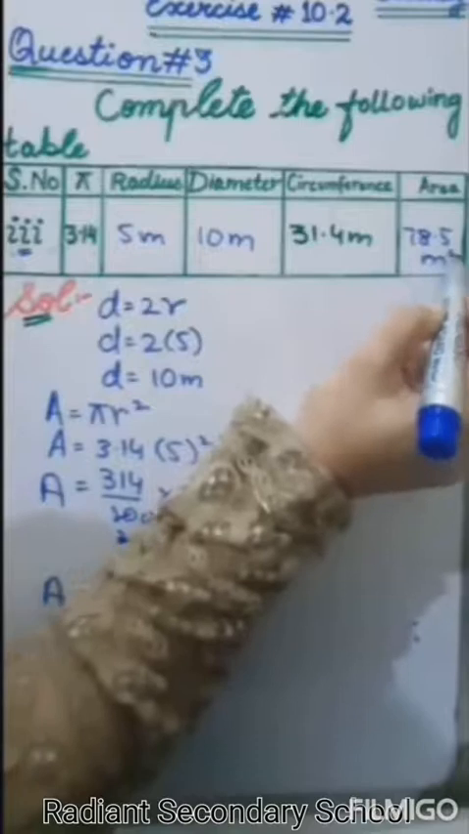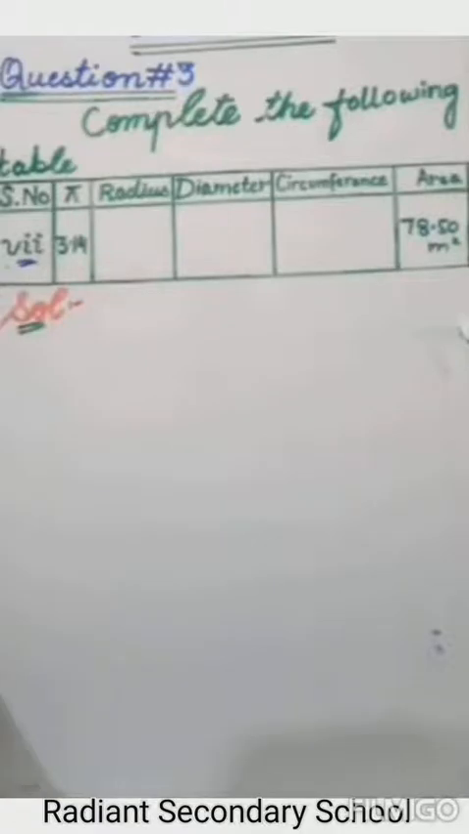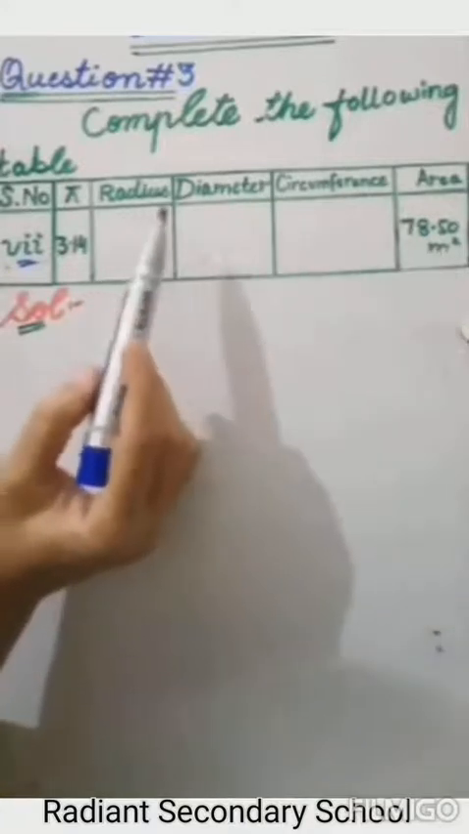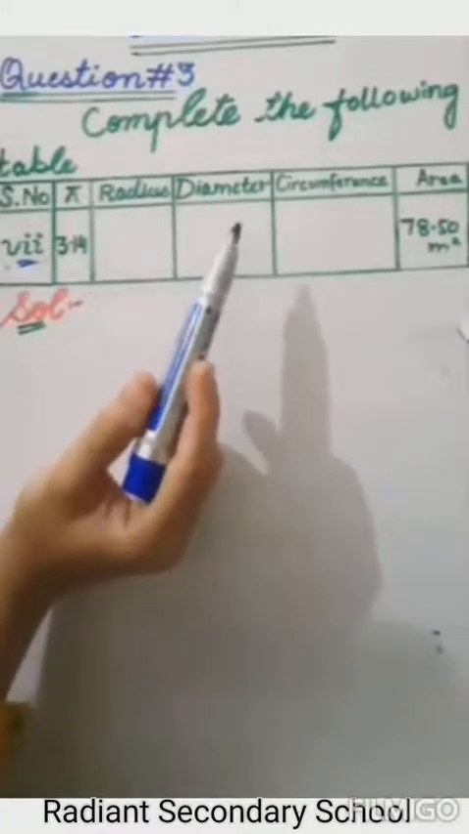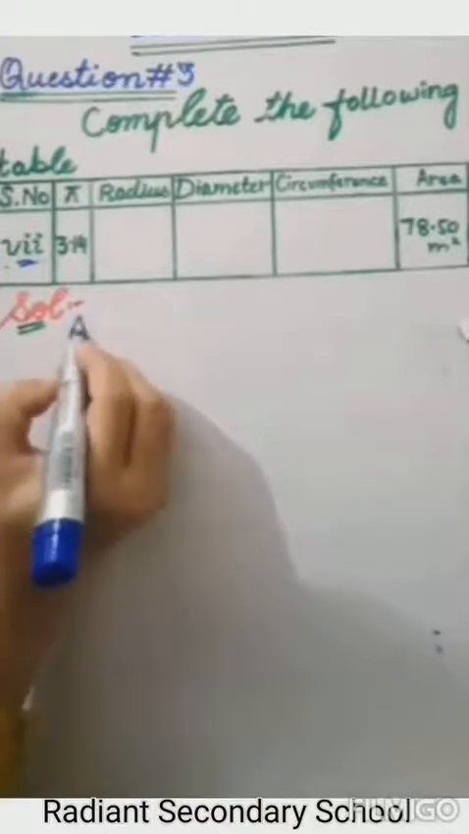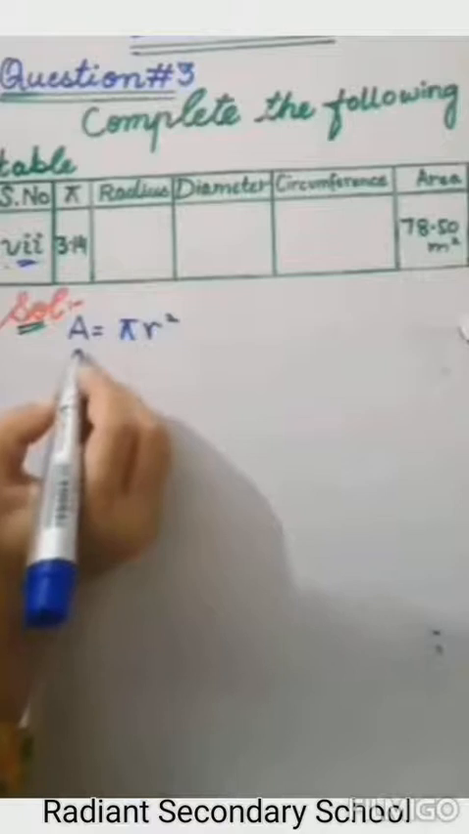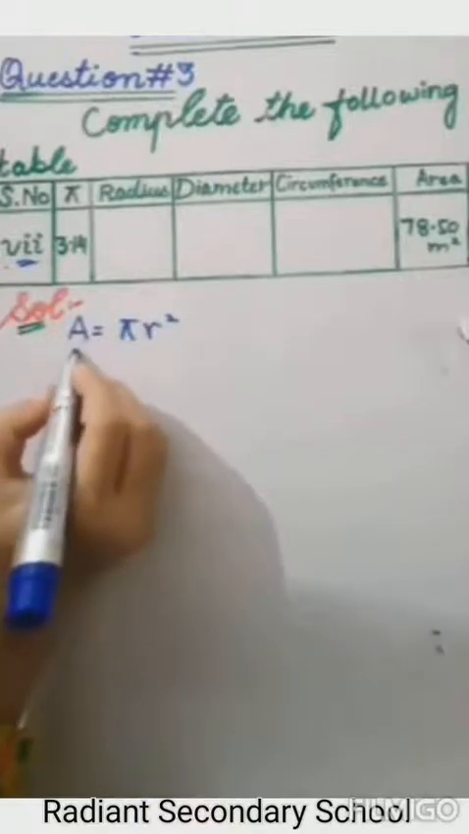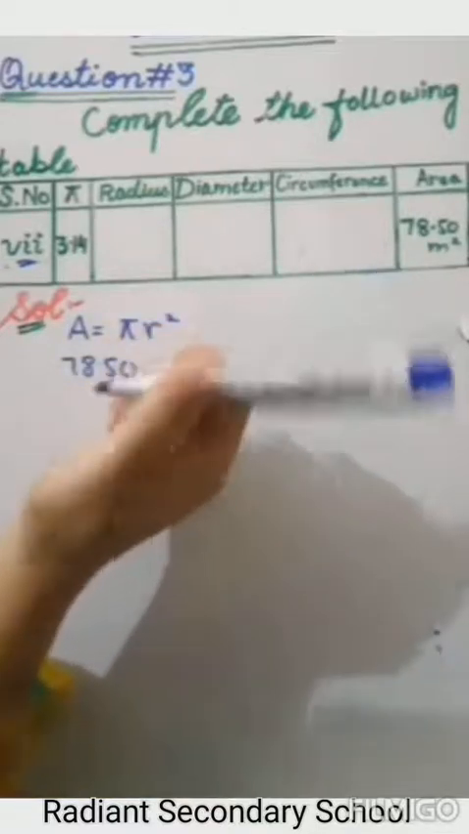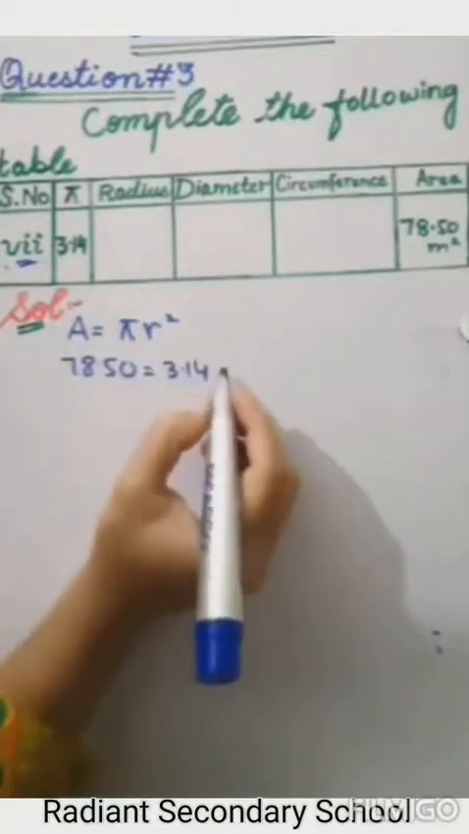78.5 meter square. Now in 7th part, value of pi is 3.14 and only area is given, 78.50 meter square. We have to find radius, diameter and circumference first. Now with the help of area, we will find the radius first. Area, formula of area is equals to pi r square. Now on the place of area, you can write 78.50 because in the question it is given that value of pi is 3.14, r square is as